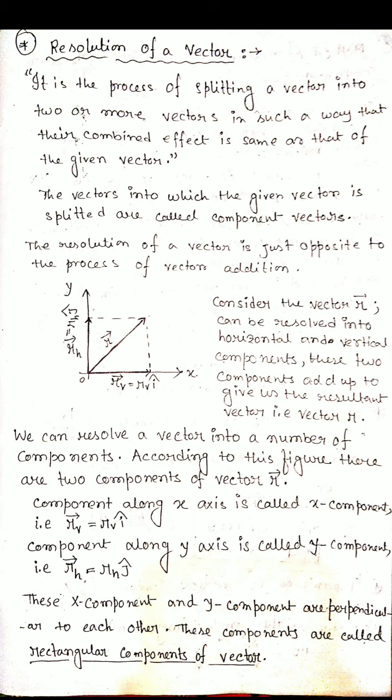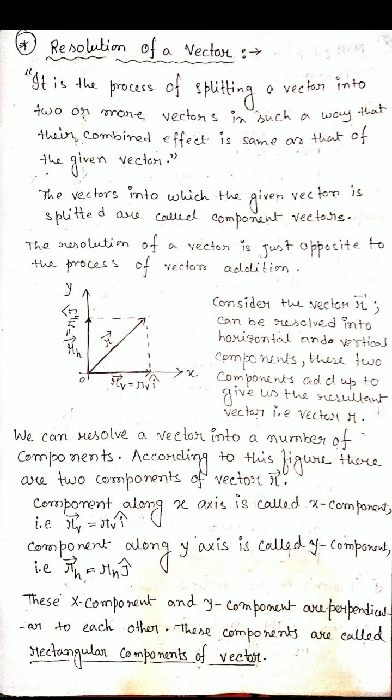Here, you see that we consider two axes, because this chapter is about motion in a plane, so it is 2D. That's why we consider x and y. When you study in 3 dimensions, you use three coordinates: x, y and z. So we consider any vector, this is not a position vector.